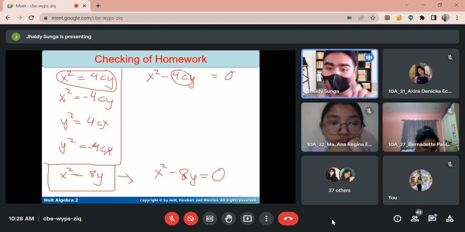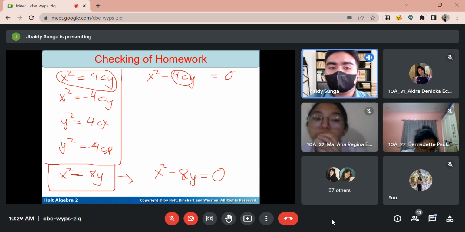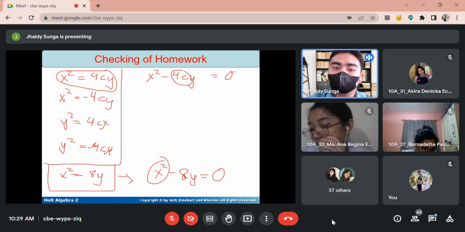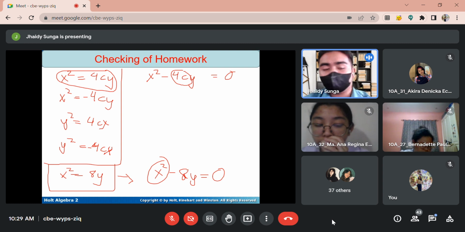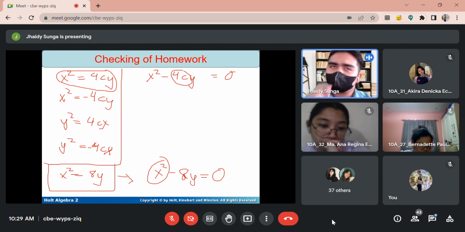Ellipse and circle has what? Degree or the square in both variables, correct? But as you notice, the power of